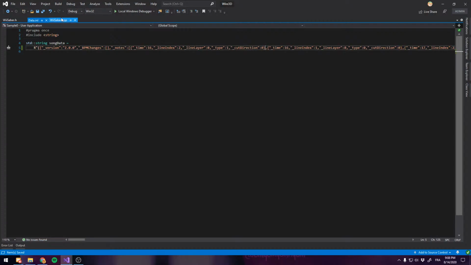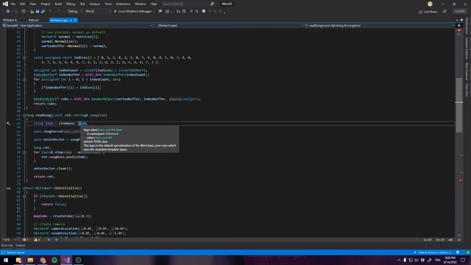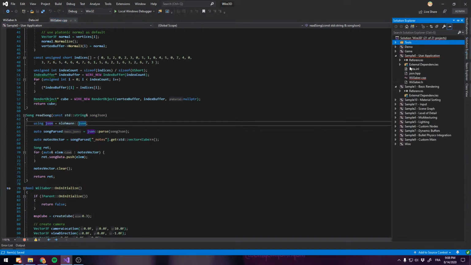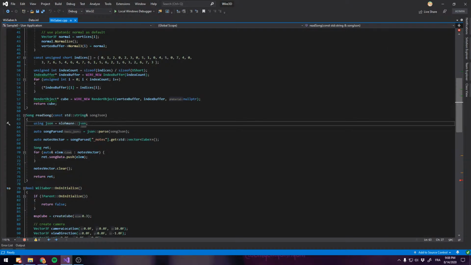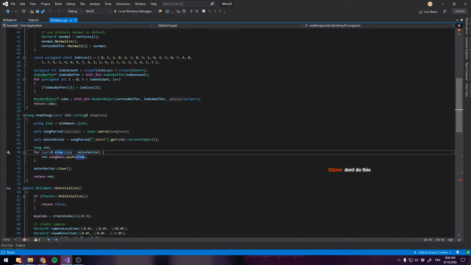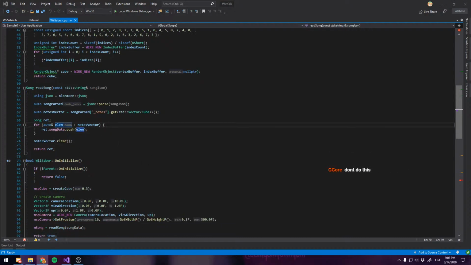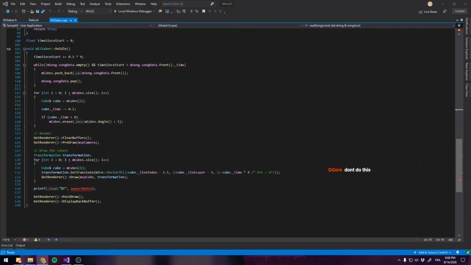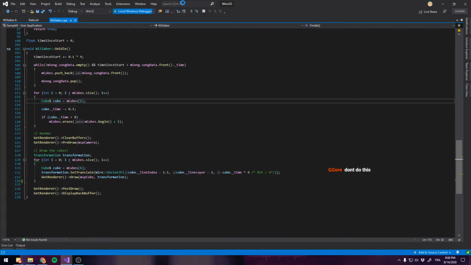And basically what I did was I got the JSON library, which is a header-only library that lets you read JSON files, and used it to just read the notes property into a list, which is called a vector, of cubes, and it just imports it into that vector, and then turns it into a format that supposedly the Wii can understand. Oh, and we don't need that printf. So if I run this,